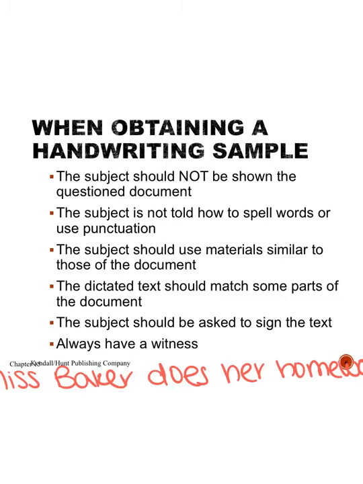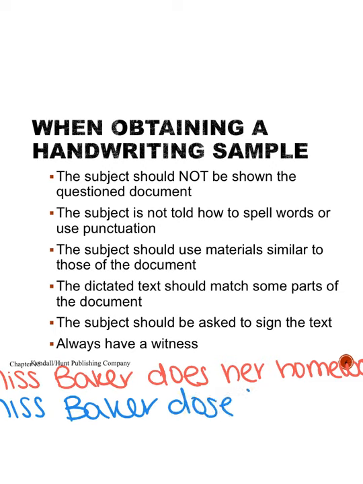All right, something else to note is when you are collecting a sample from somebody, you want to make sure that you do not tell them how to spell anything or use any abbreviations, because those might be some unique characteristics that you're trying to see if they actually populate back out on the sample. So for example, if I had to write Miss Baker does her homework, if you're talking to Miss Baker as a 6th grader back in like 2004, she would have written Miss Baker